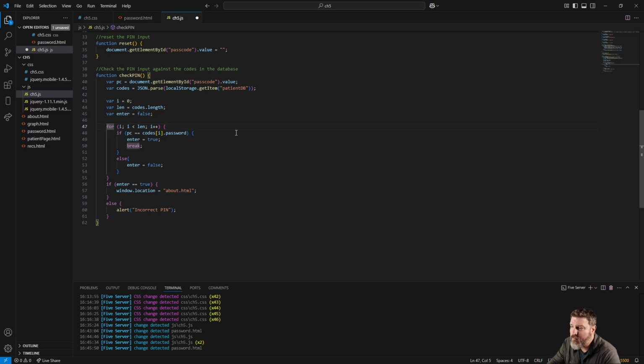If it's false and the passcode doesn't exist, we're going to leave it false and we'll send a message. So we're going to count through these codes. Remember, the codes is equal to the database. So i starts at 0, as long as i is less than the length of codes, which is all the items in the database, we're going to increment i, or make it 1 up. So it's going to go through 0, and then it's going to go through 1, then through 2, and then through 3. If it finds that the passcode, which is the information in the page,